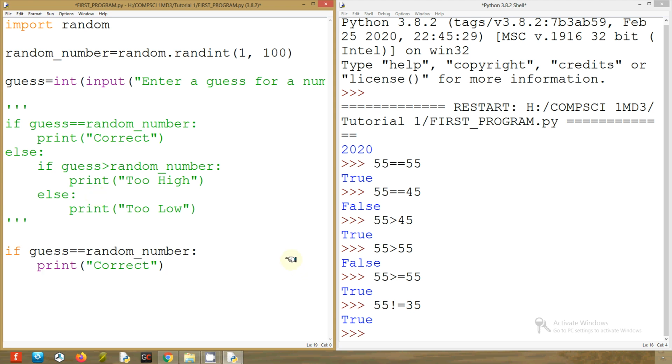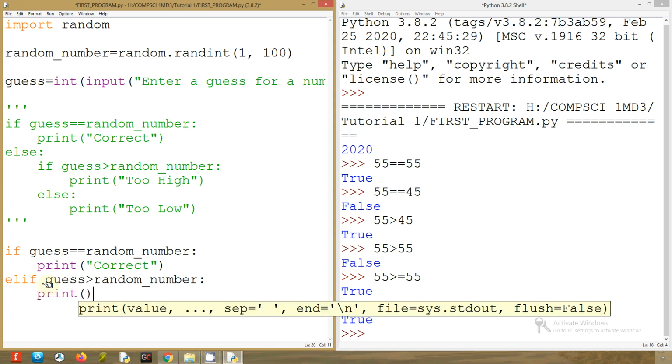And now I'll add the else if statement. And the else if statement is like an else statement, but you can also do a comparison. Else just means run this code if the previous if statement is false. Else if means run this code if the previous if statement is false, and this new condition that I can add is also true. So what's our new condition going to be? Well, I can say else if the guess is greater than random_number, print too high,